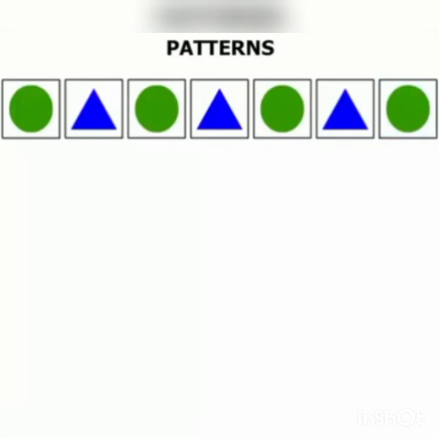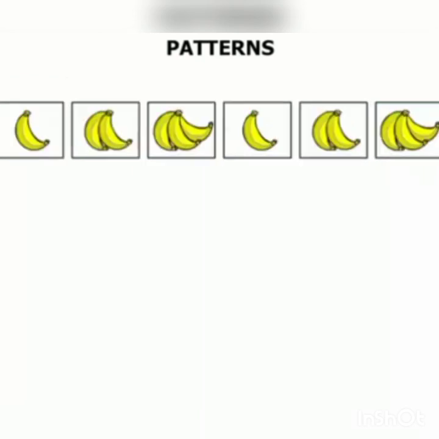Children, can you notice a pattern here? Yes, here a pattern is obtained by repeating a circle and triangle one after the other. The first one is a circle, then triangle, then circle, then triangle, and the pattern continues like this. So here a pattern is obtained. Let's take another example, and here also we can see a pattern. In the first picture there is only one banana, two bananas, and followed by 3 bananas. After that the pattern is repeated, 1 banana, 2 bananas and 3 bananas. Like this way the pattern continues, and hence we obtained a pattern here.